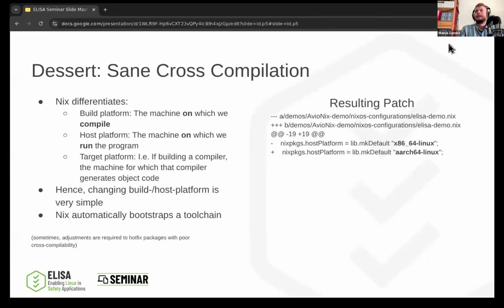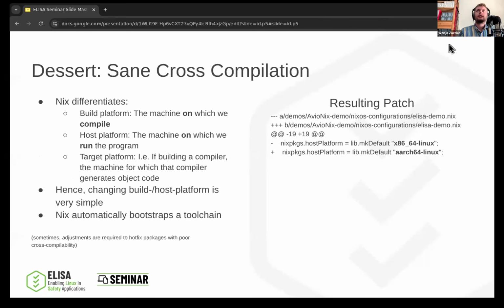There's one extra that is really nice in Nix, which is that Nix properly abstracts over cross-compilation. What this means is, when we build a package in Nix, we think about three different platforms. The first is the build platform, the machine on which we compile a package.